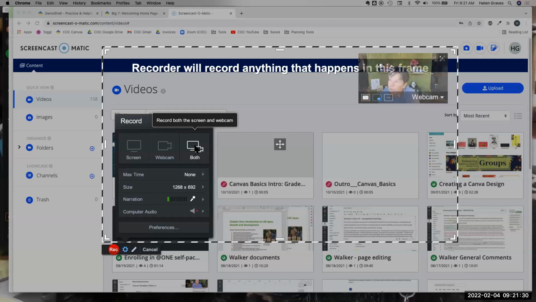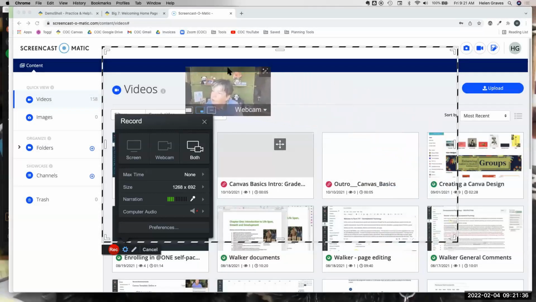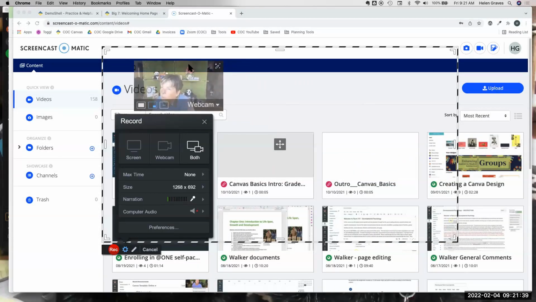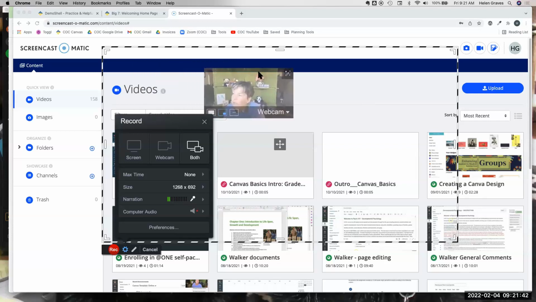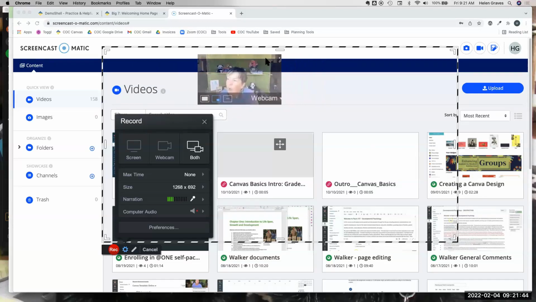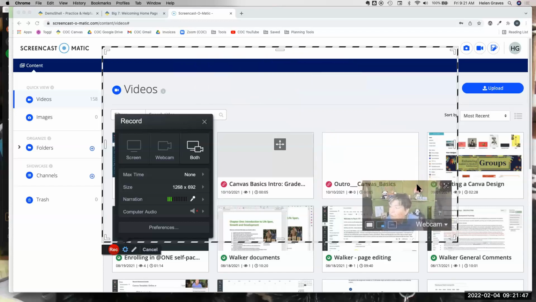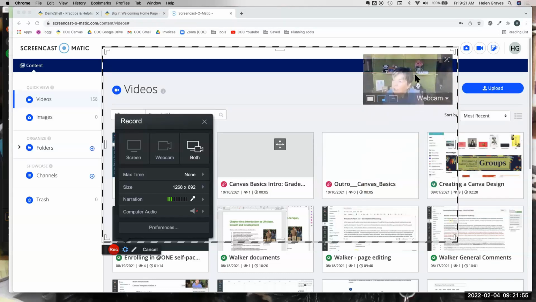Let me show you. So I've got it toggled to both. This little inset can be moved wherever. So if you're in studio, plan to put your video in studio, one of the things to be aware of is the captions show at the top. So you may want to move your camera down to the bottom. In YouTube, as most of us know, captions are at the bottom. So then it would be good to have your video at the top. Also think about if you're demonstrating things and something's in this upper corner, you want to remember your video is going to be there. Again, if you're just doing it at the beginning for the intro, not a problem.